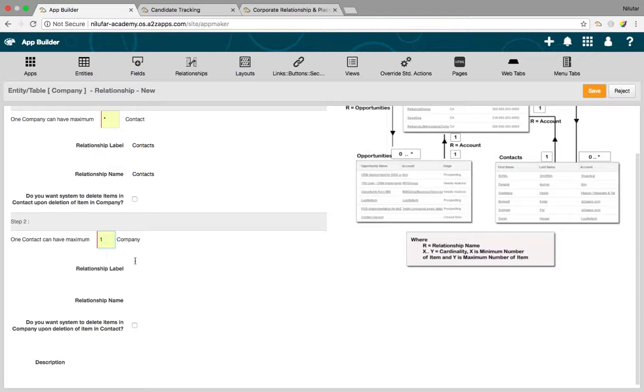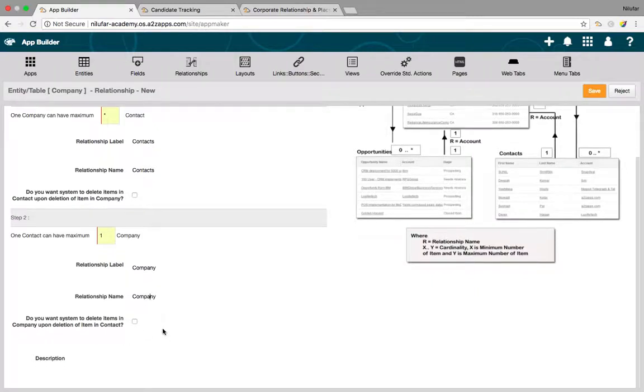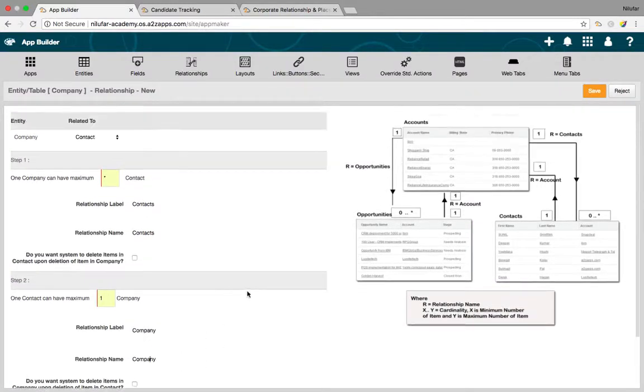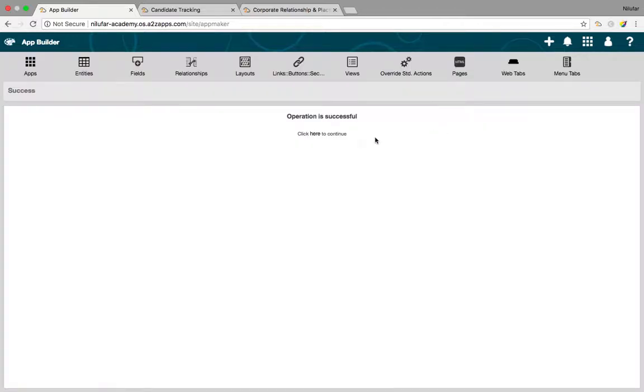So one contact can belong to only one company, and I'm going to define it as company. I'm going to keep it like this and save it. So folks, here we have established the relationship between company and contact.